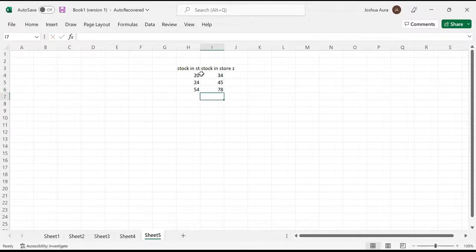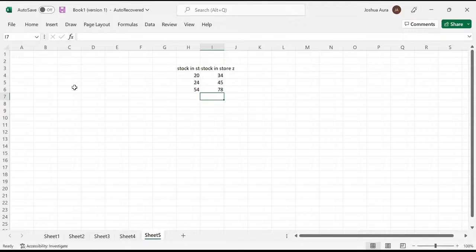And then the first thing that I realize here, ladies and gentlemen, is that I can't read my titles here. So it means that straight away this stock in store Z, the sentence is bigger than the cell. When you realize that, as a good student of Excel, what you're supposed to do immediately as a warm-up, before I start showing you what I would want us to do today,